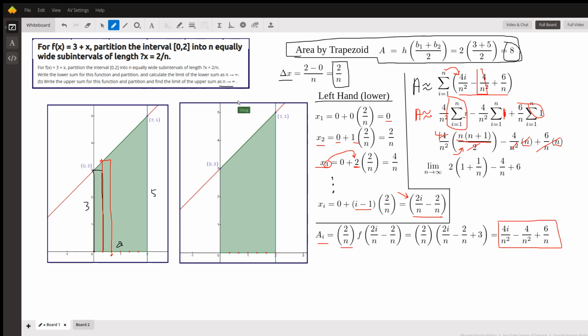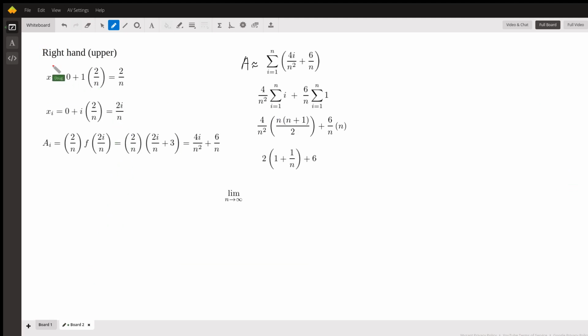Okay, so the true area is the limit of this expression as n approaches infinity. And as n approaches infinity, this term goes to 0, so does this term. So we have 2 times 1 plus 0 minus 0 plus 6 equals 8. Same result. If I go to board 2 and do a right-hand sum, it's a little bit easier